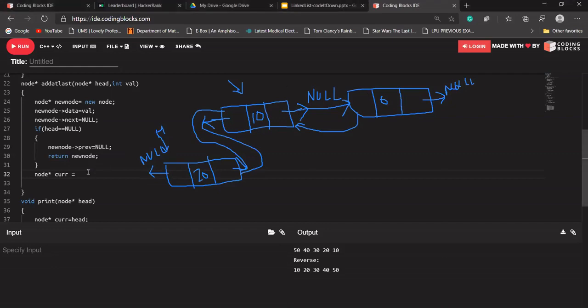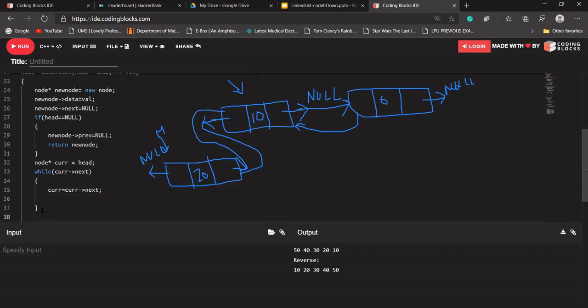Let's say current pointer is head, while current's next is there. Because this time we need the address of this. If its next is null, that means we have reached the last node. Current is equal to current's next.